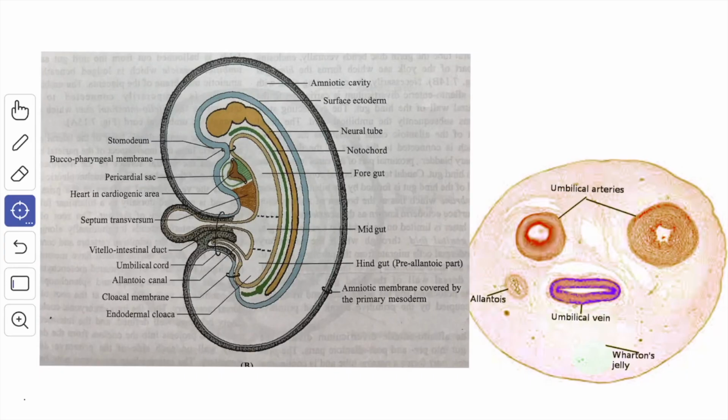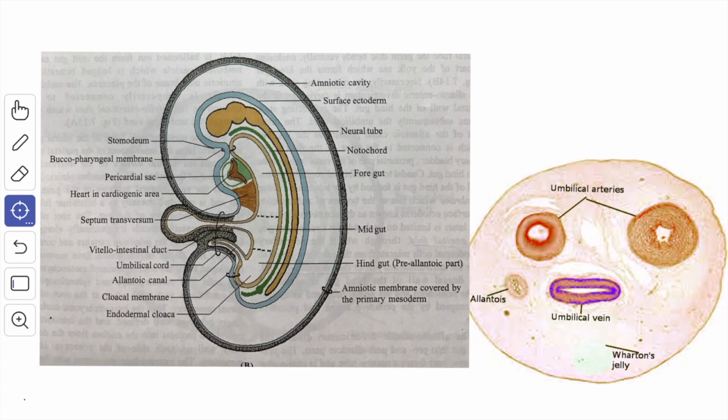Next, you can see the distal part of the allantoic diverticulum. The distal part of the diverticulum is fibrous to form urachus, and the proximal part incorporates with the apex of the urinary bladder. If the lumen of the diverticulum persists entirely after falling off the cord, a urinary fistula takes place at the umbilicus. So here you can see the allantois.